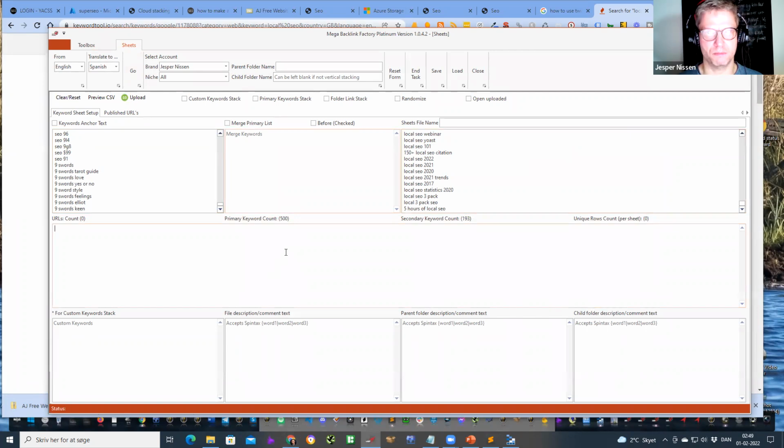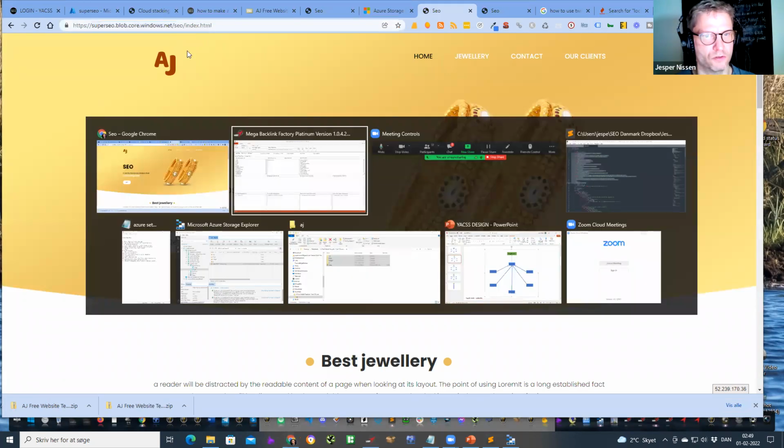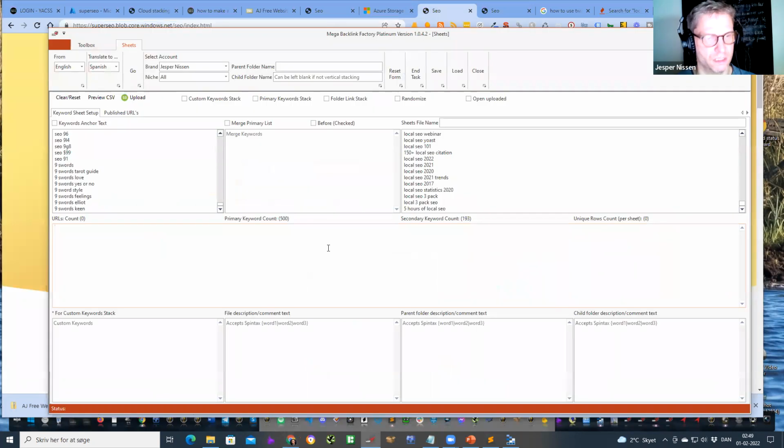Then let's say I want to power up this page, so I copy the URL, go over to Backlink Factory again, and insert the URL here. I call it SEO, local SEO. I select the Google account for Raymond Buchanan.